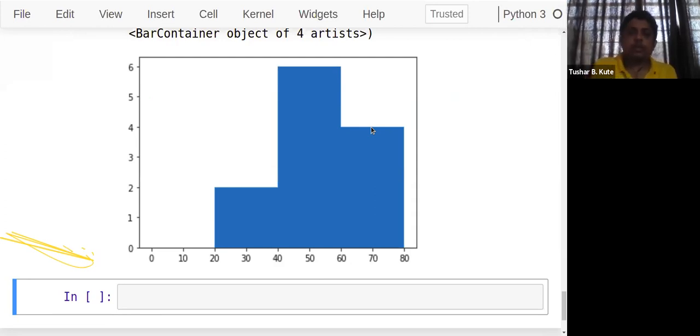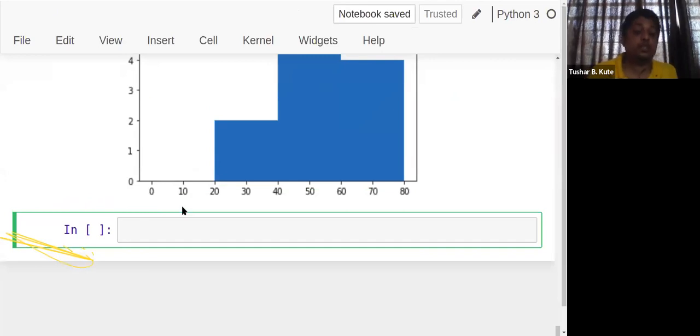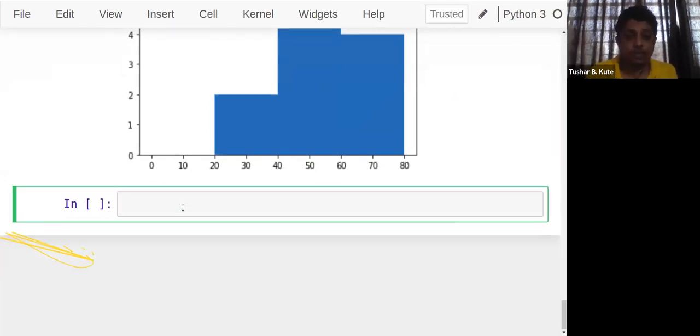Now let's see one of the most commonly used plots, that is the pie chart, with which the percentage share of particular data can be shown. Like the data which I used in the bar plot, it is shown with different numbers. In combination, if total students are there, out of all students, what percentage are studying the C programming language, how many C++, how many Python, how many Java, that we can see with the help of a pie chart. Now see plt.pie.